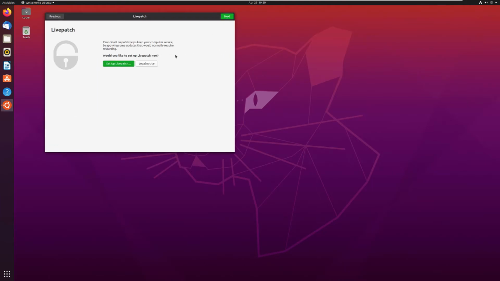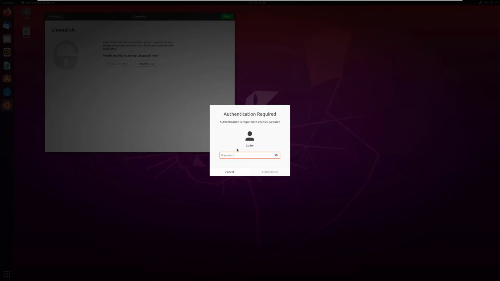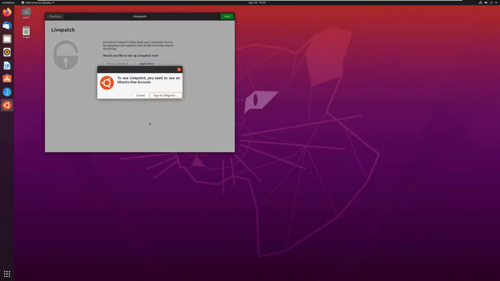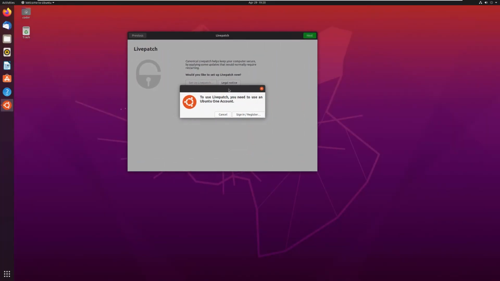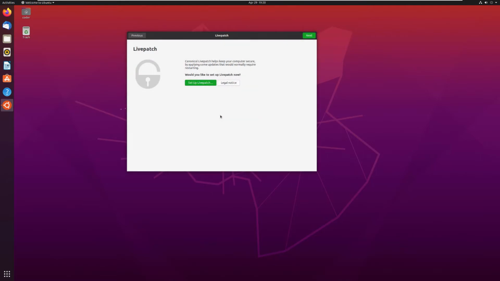Click on skip and click on the setup live patch option. If you want to opt for the live patch option, you can sign in with your Ubuntu account, or you can create a new one, or just click cancel and then click on next,